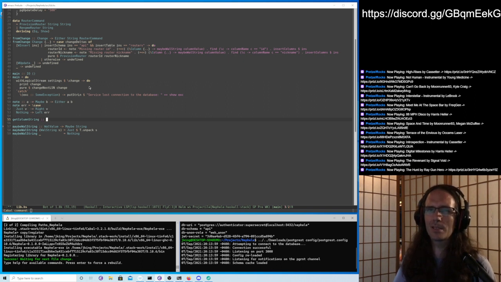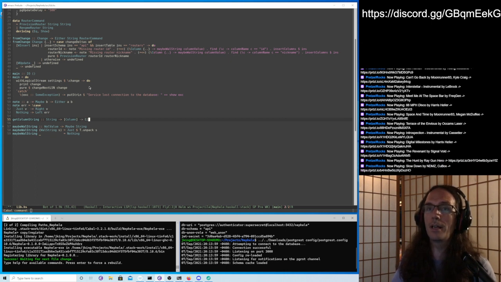Naming things is hard. getColumnString, I don't know. Basically, we're going to parameterize the column name we're searching for. Here, nickname. The other one's like ID. So that's going to be a string, the list of columns, and then we're going to return either string or string.